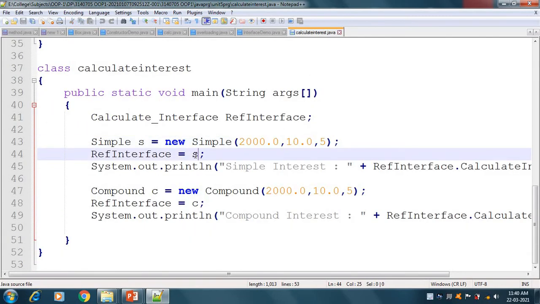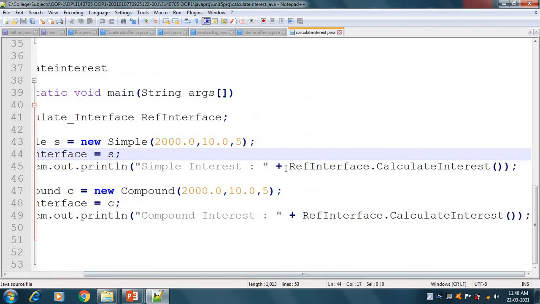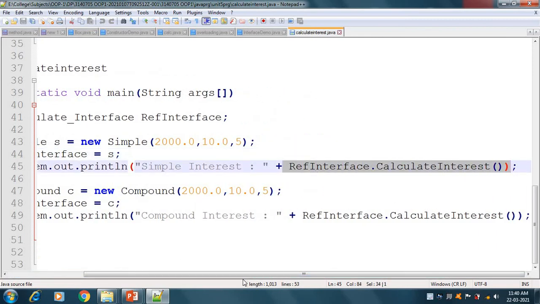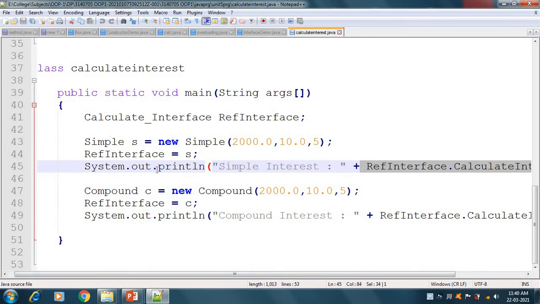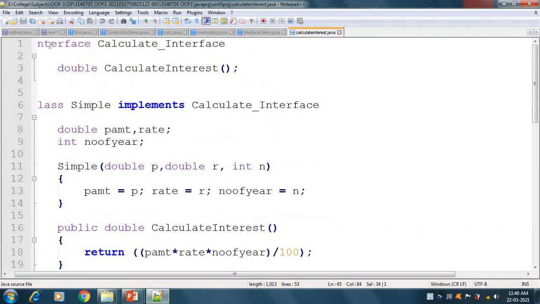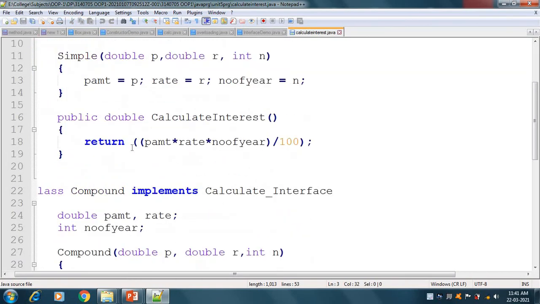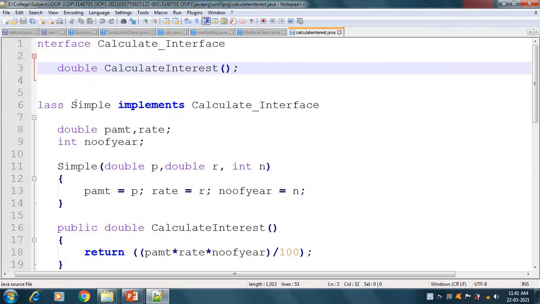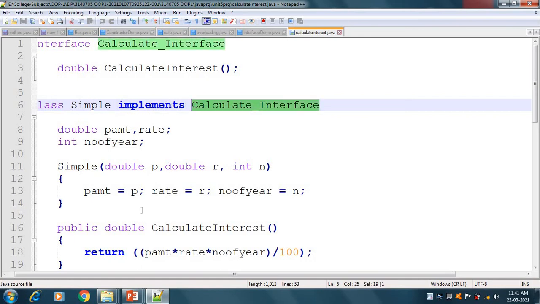After it we are assigning that object to the reference interface, so the s value will be copied into this reference. Using that reference interface dot calculateInterest, we will call the method through this interface. That calculateInterest method will call the method available in the Simple class. Why? Because the Simple class is implementing the Calculate interface.